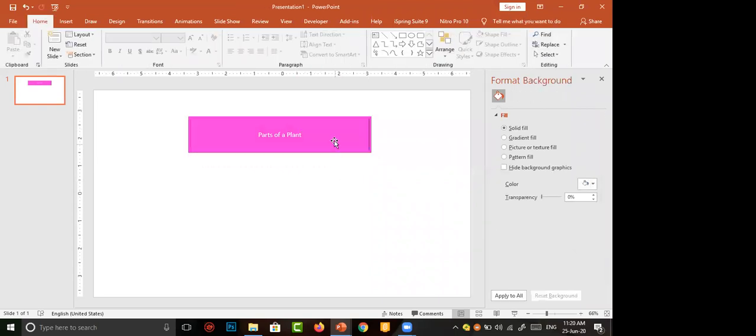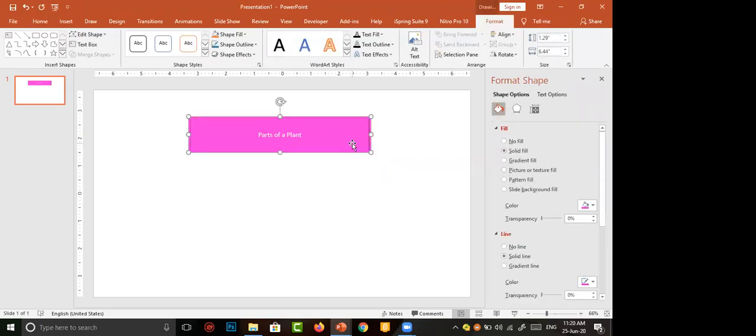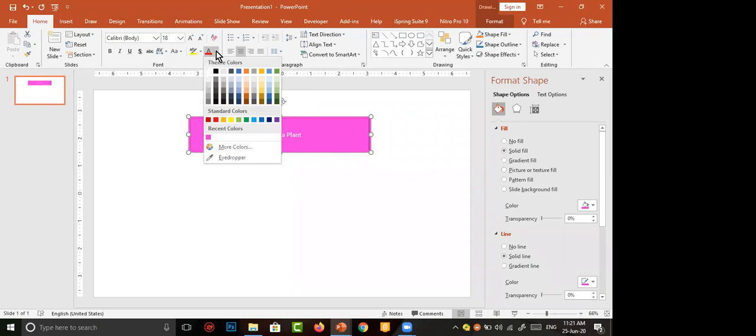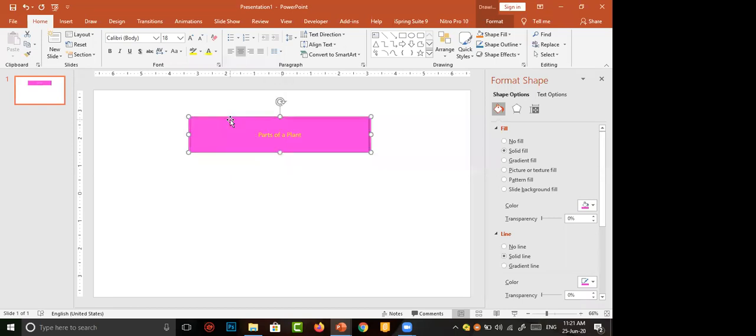Okay. Now I want to change the color of this font. Where can we go? Just click on the box, then move to the Home tab. In Home, details about the fonts are there. I want to change the color of the font. I'm going to choose yellow color. We can change the size of the font.